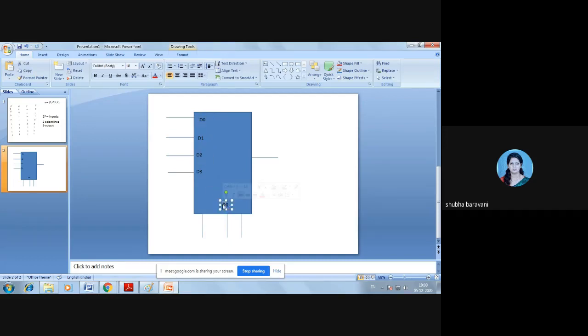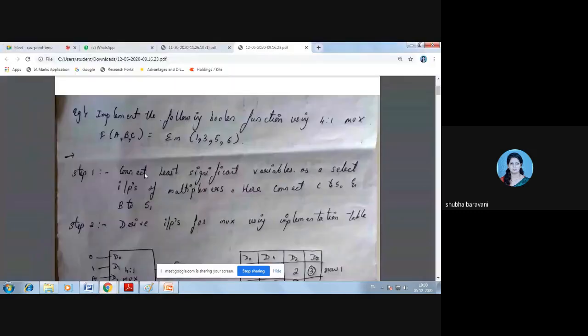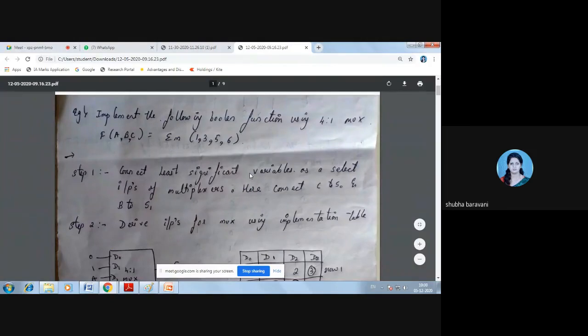And I have 2 select lines, one is S0, one is S1. So according to step 1, we say connect the least significant variables as select inputs of the multiplexer. So connect C to S0 and B to S1.